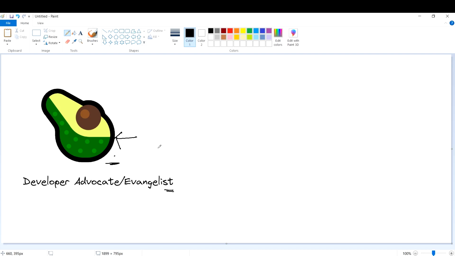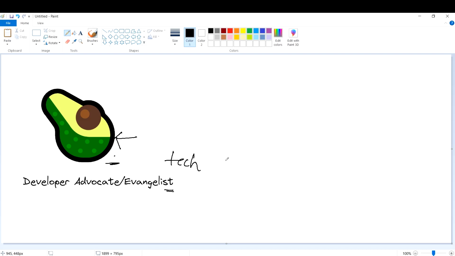The meme featured an image of a sliced avocado with the words "Holy Guacamole" written in bold letters. Since then, the avocado has become a popular symbol among developer advocates as a way to represent their passion for technology and their love for food. The avocado symbol is often used in social media posts, blog posts, and conference swag as a way to identify and connect with other developer advocates.